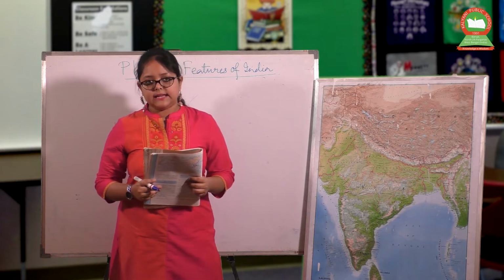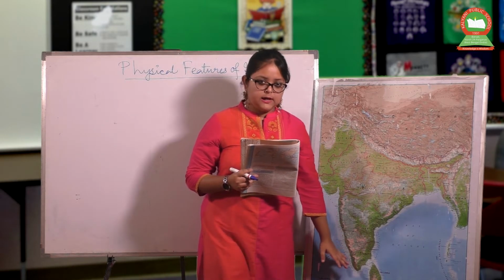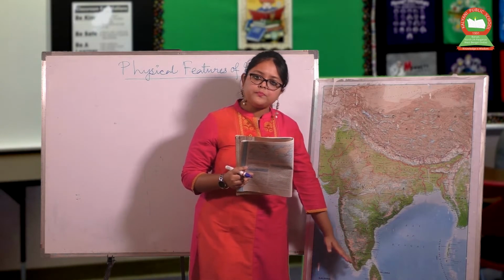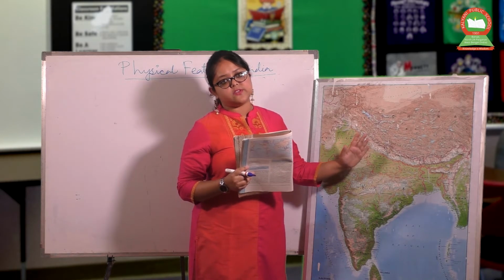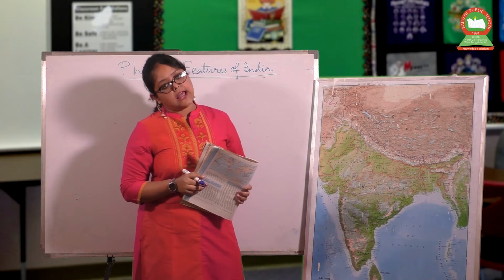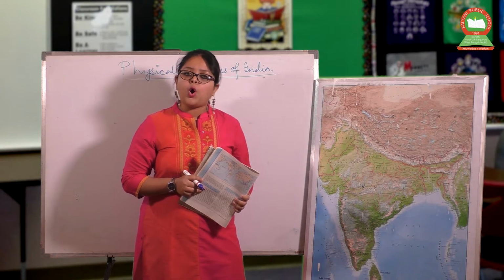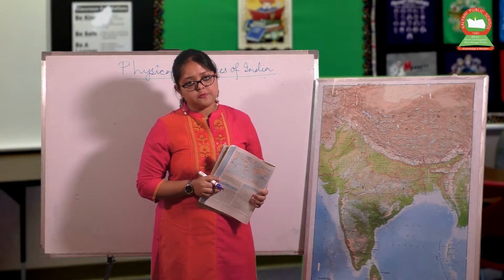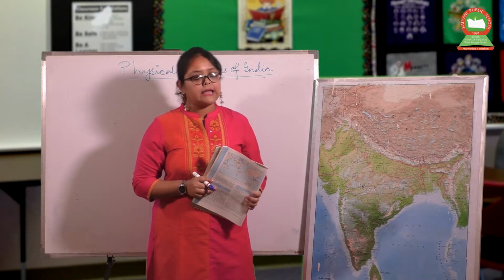Before starting my lesson, I need to say that here is a map of India. From there you can see it is of great area. So the variation in physical features will be vast, and we can see many landforms like mountains, plateaus, and plains in India. These are made up of mainly two processes, and that is erosion and deposition.